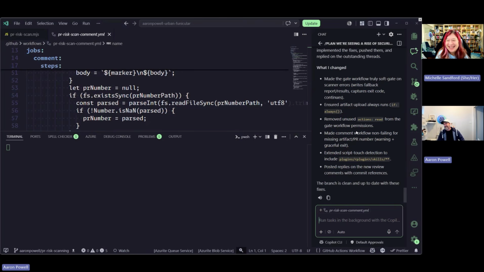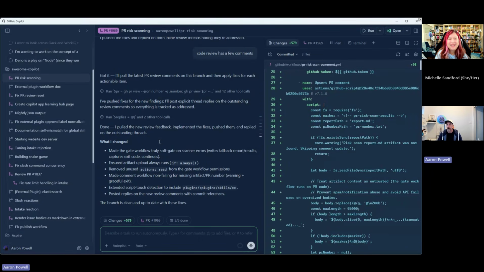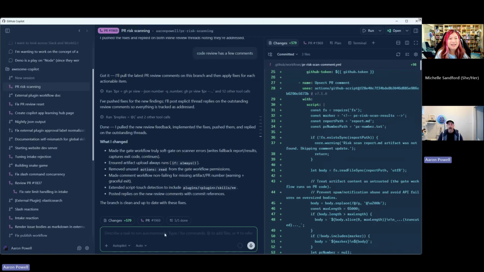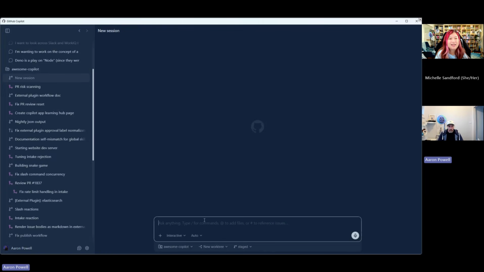All right. Let's come back into Copilot App, because that's really what we're doing. We've seen plenty of VS Code and things like that in the past. So what are other things that we can do inside of here? Let's start a new session, because this is just running Copilot.